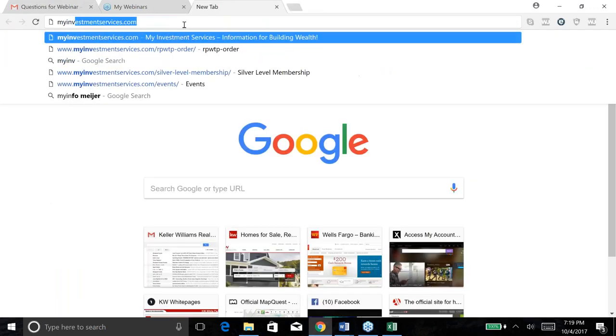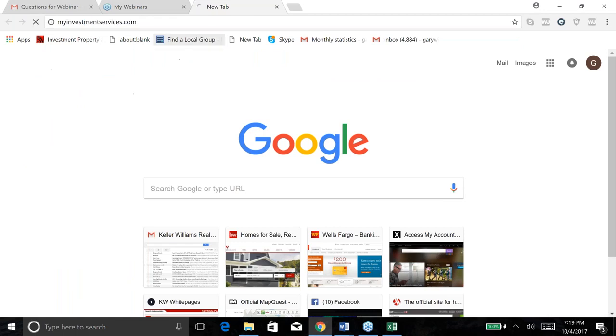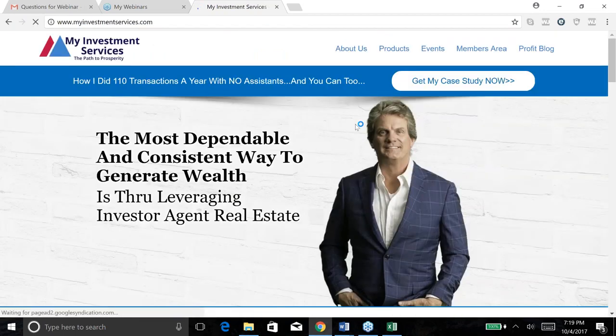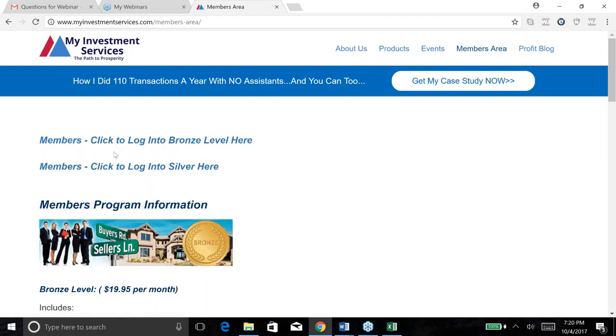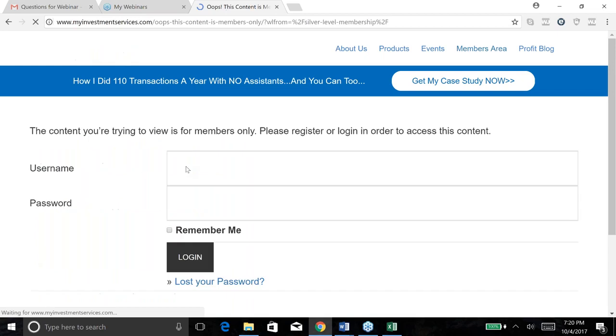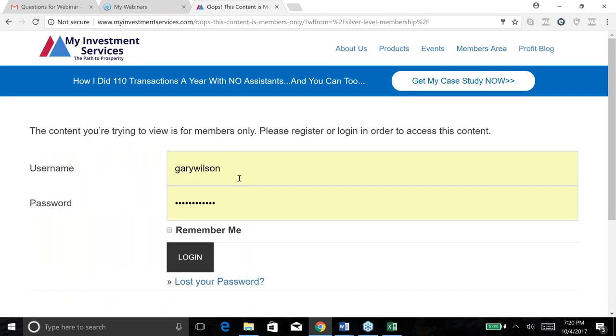Okay, My Investment Services. So for all the new folks, if you're just getting started, you want to log in to My Investment Services, click on here, members area. So I'll give you a second to digest this and click on that. Okay, go right here where it says members, click to log into silver level. So you click on that, and it takes you to a login screen, and your username and your password, like mine's pre-filled, but essentially you have to remember it at least the first time, and you log in. Okay,